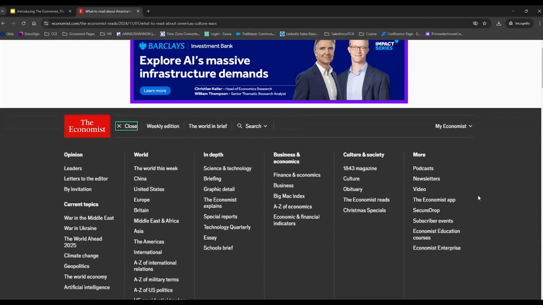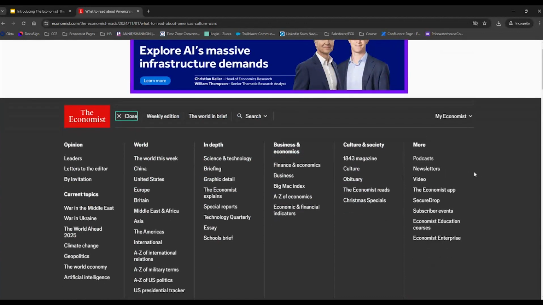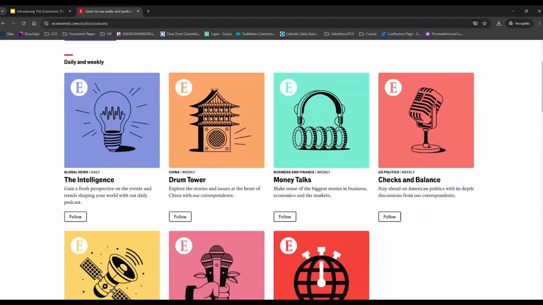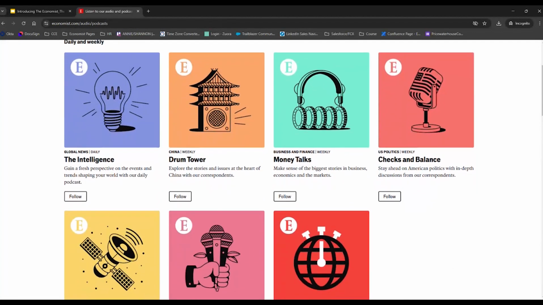If we skip over to the far right-hand side of the drop-down menu, you can see additional content that is available to you, which branches out from the usual article-specific content. Podcasts are a great way to keep up to date with news and global issues while you're on the move. We produce a mix of daily and weekly podcasts, which you can see here. On the app, there is a separate section for podcasts, which you can find at the bottom of the screen on the navigation bar. You're also able to connect these podcasts to other streaming platforms like Apple Music and Spotify